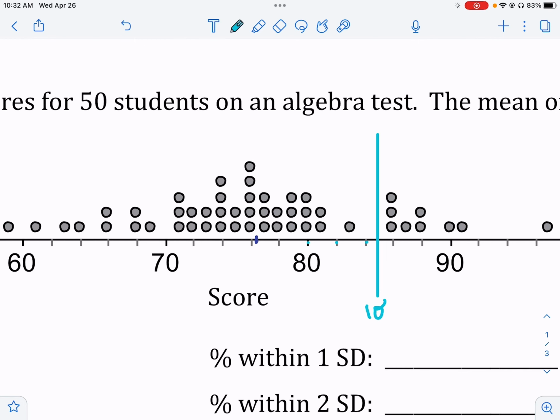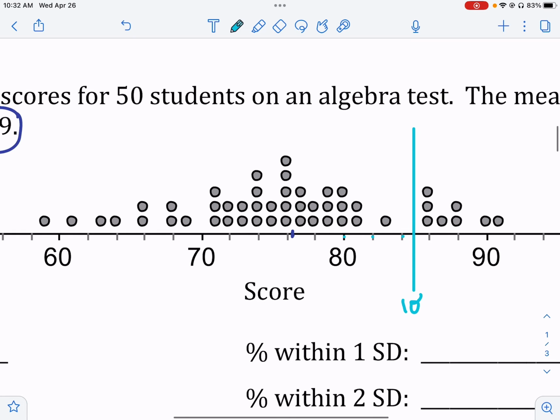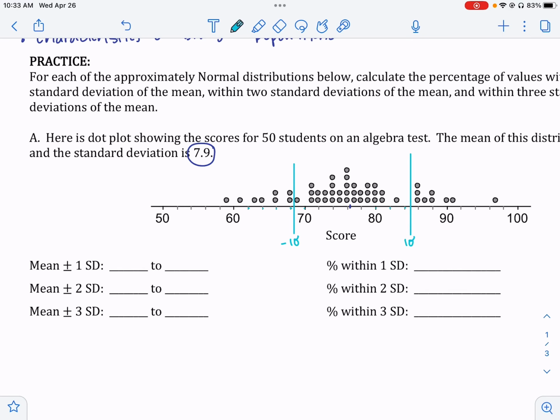But I can also go in the negative direction. So I'm going to do a very similar thing, and I'm going to take that 76.4 and subtract that 7.9, and that's going to give me 68.5. So I'm going to do a similar thing and try and find that. So if this is 60, 62, 64, 66, 68, oh, the 68.5 is kind of right here. So if this is 68 and 70, that guy's probably 69. So I'm going to draw my line right between those two. And this is -1 standard deviation. So what I actually filled out here was my mean plus or minus 1 standard deviation. So this was 68.5 to